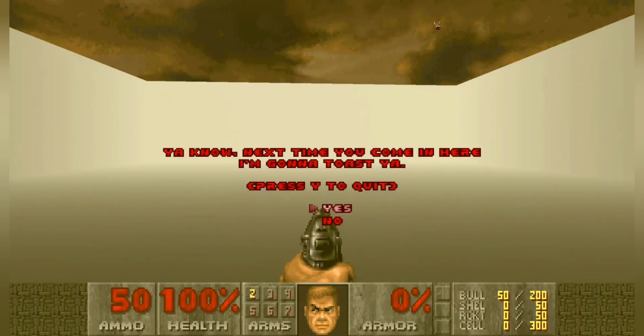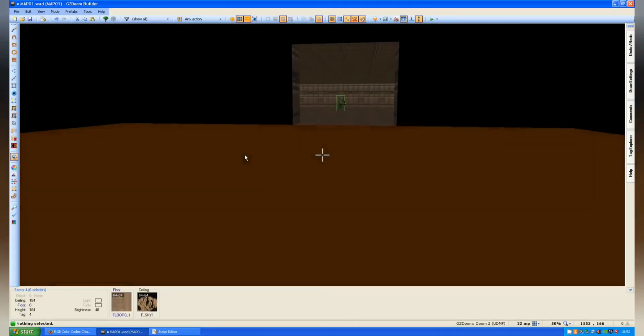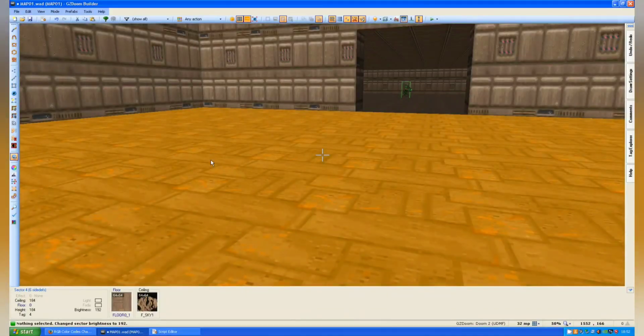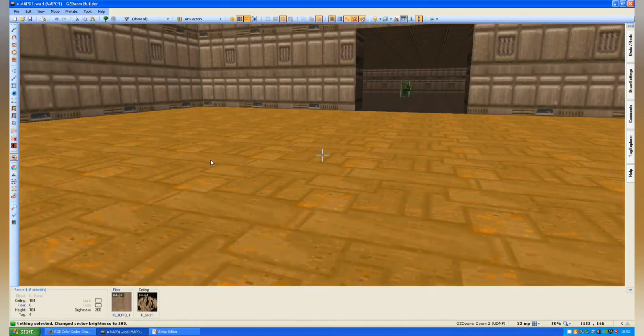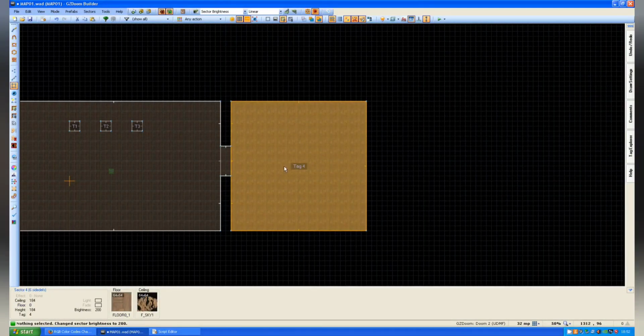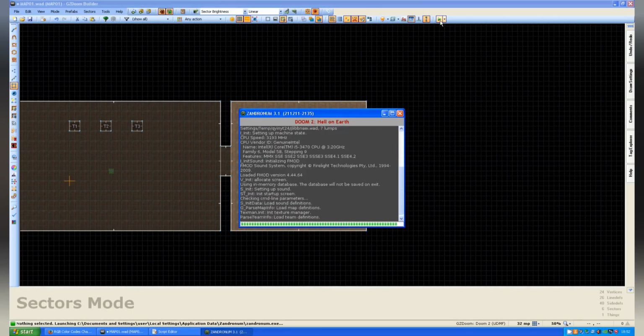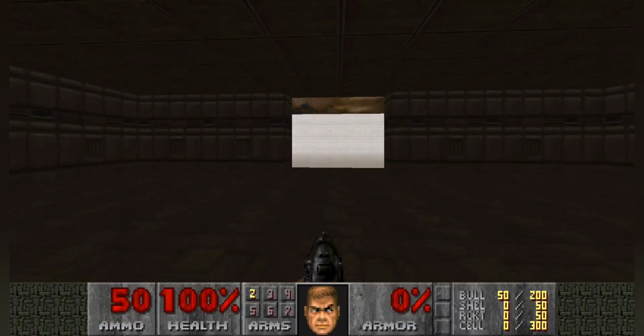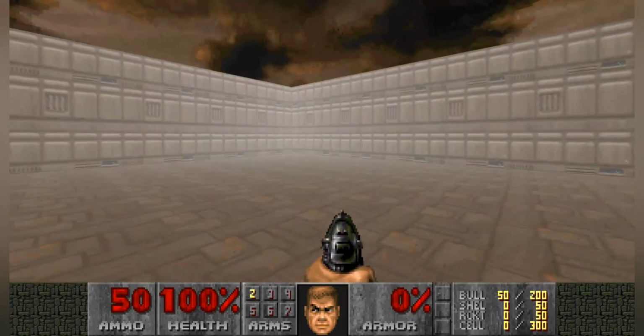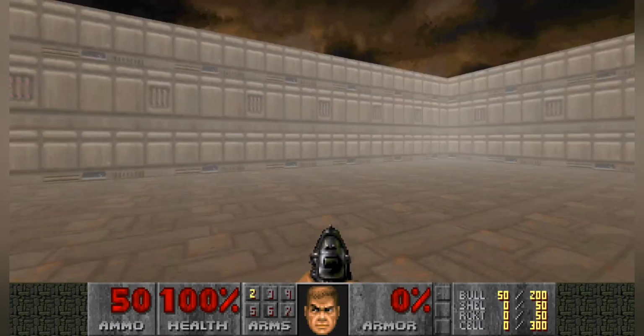One thing I probably should show you is going into this. Let's just make it so it's misty. So let's say 200 brightness. Go back into the game. And so yeah, you've got this misty sort of effect here. So you can pretty much see most of the surroundings, but